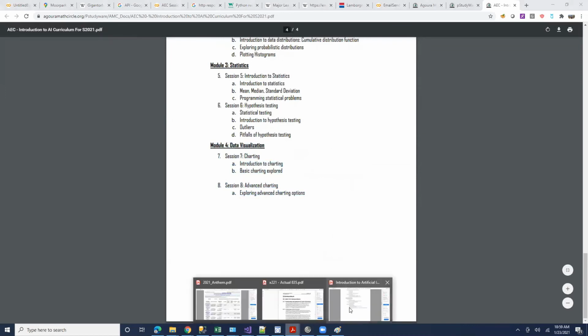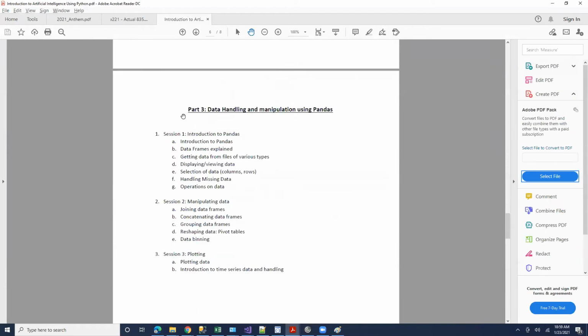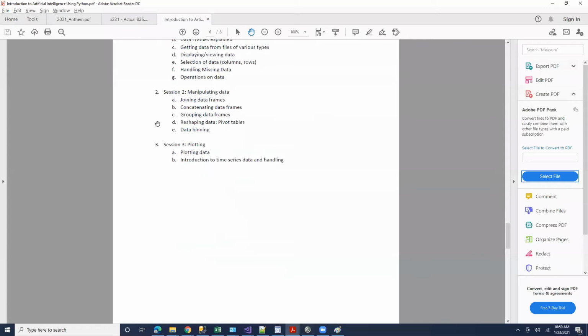Once we are done with that, part 3 is a slightly shorter part about handling data. It's about learning a library called pandas, which is popular for introductory stuff.